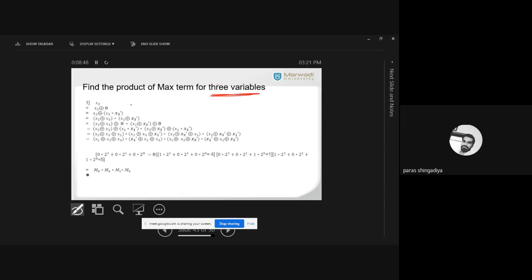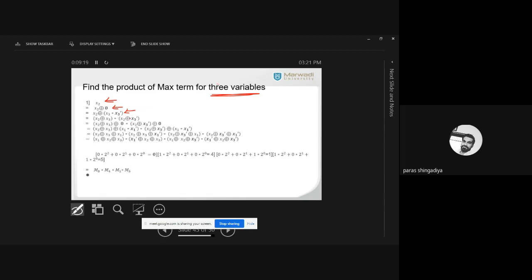So how can we add it here? In the min term we applied 1 twice, so here you have to apply 0 twice, the 0 element. And in this way you have to create all three variables. And then apply the distributive law to get the form. So first x2 is given, so the next step will be x2 ring sum 0. So this is the next term. Then we'll add one more variable in place of 0. x2 is given, so let's add x3, so x3 star x3 dash.